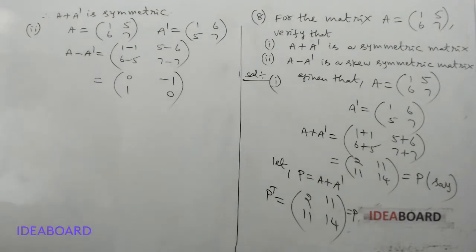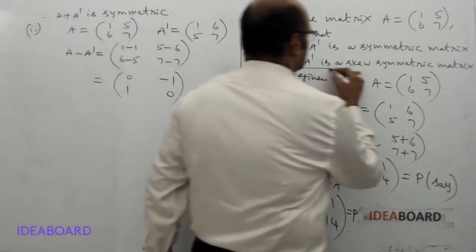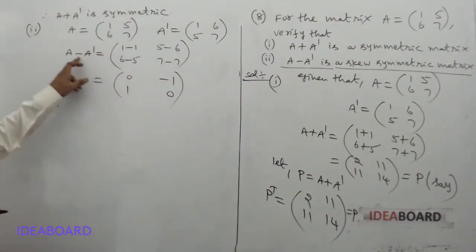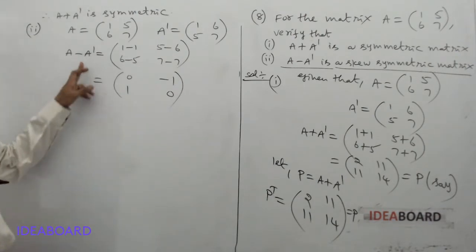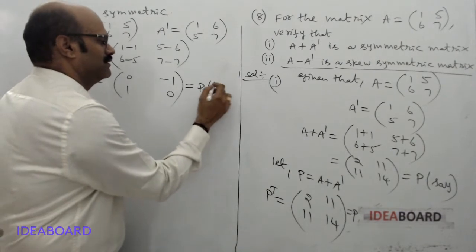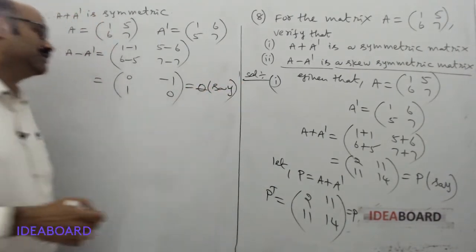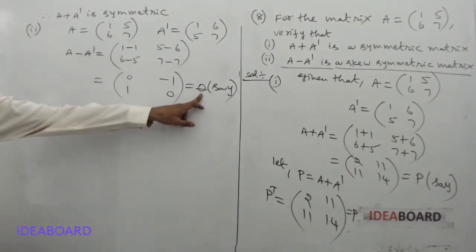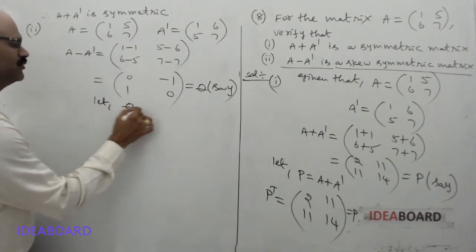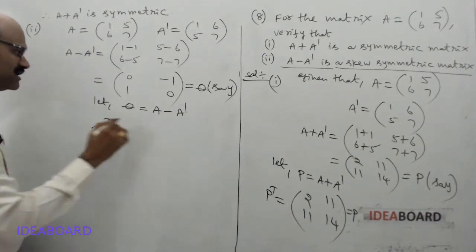Now we have to prove that A minus A transpose is a skew symmetric matrix. Skew symmetric matrix means we have to prove that P transpose equal to minus P. Let us say this one equal to Q. Now we have to prove that Q transpose equal to minus Q. Let Q equal to A minus A transpose. Now Q transpose equal to,